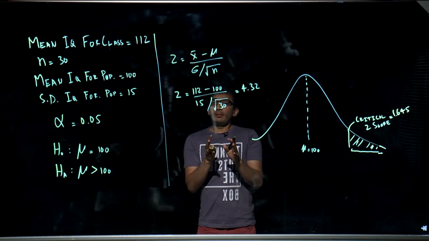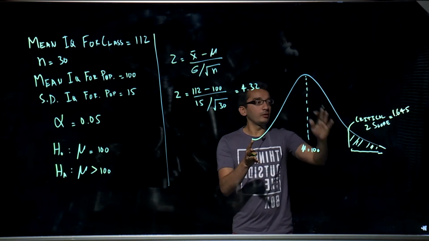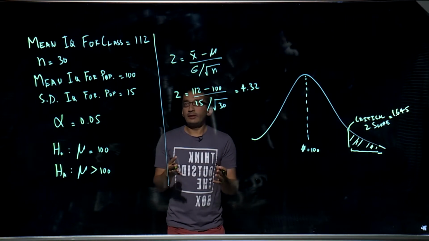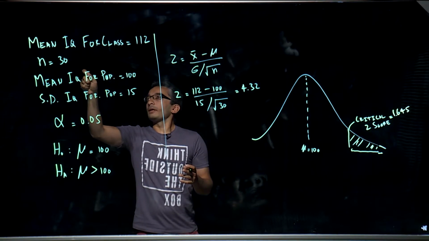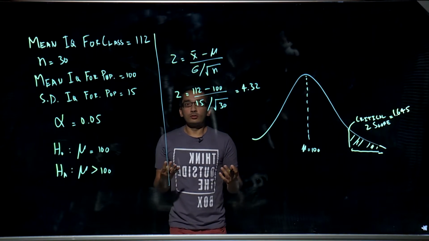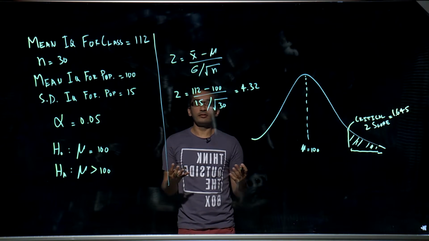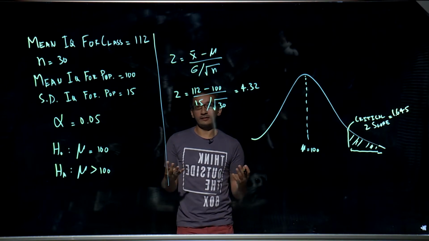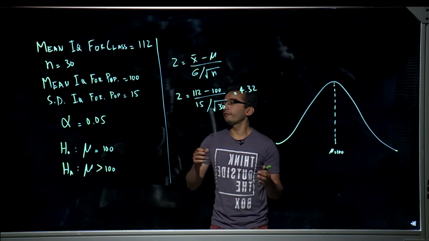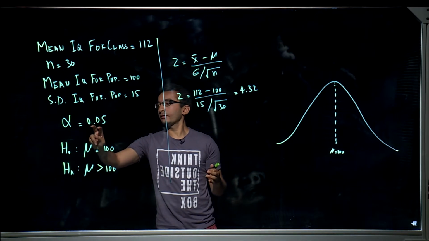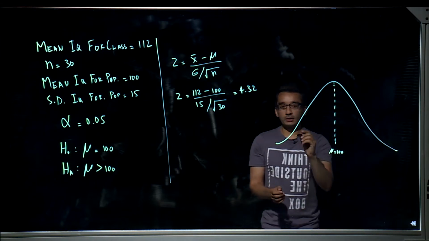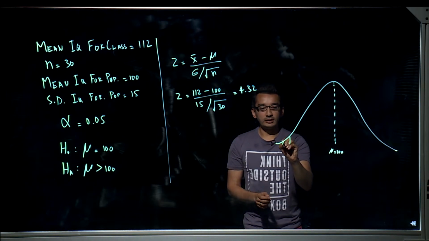So let's think about this for a second. What we were dealing with over here was a one-tailed hypothesis test. So what if the teacher actually claimed that the mean IQ for his class is not equal to the mean IQ of the total population? In that case, we would be using a two-tailed hypothesis test. In the case of a two-tailed hypothesis test, we're going to divide this level of significance of 5% into two areas on both ends of the normal distribution, into areas of 2.5% each,